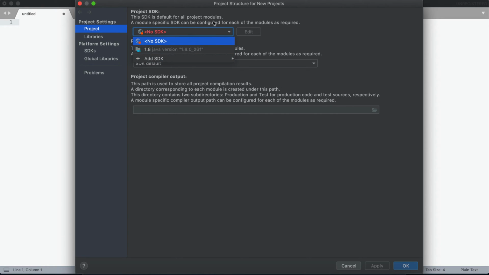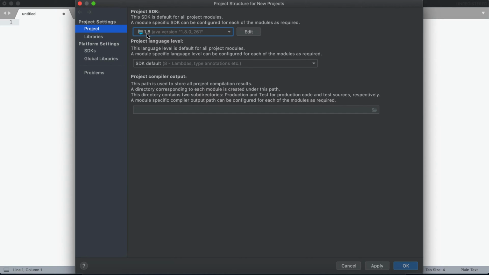IntelliJ is going to identify which JDK versions you already have on your machine and list them for you, so that if you want to use a particular SDK for your development, you can just select it.